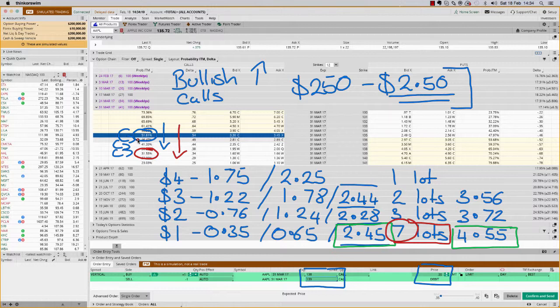maximize for profits? So just going through this, we had 4 spreads that we can do, and it looks like the $1 spread gives me the budget requirement, if you like, of $2.50 per share, or $250 per contract. I can multiply that by 7 lots, and that gives me a maximum profit of $4.55 per share, or $455 per contract. And again, it's multiplied 7 times, so that gives me my risk that's in budget